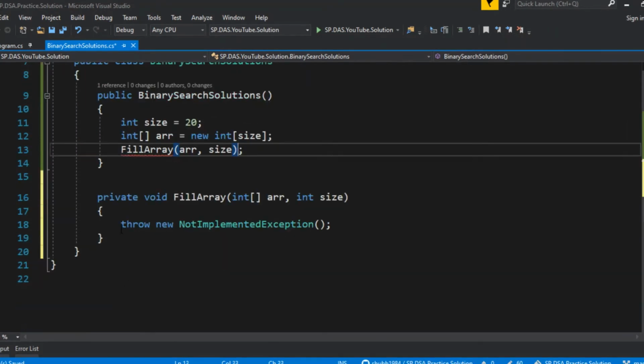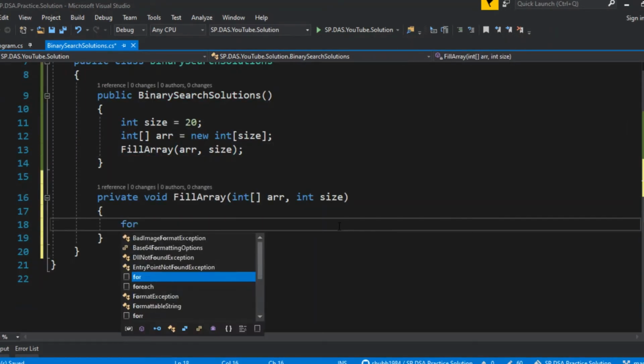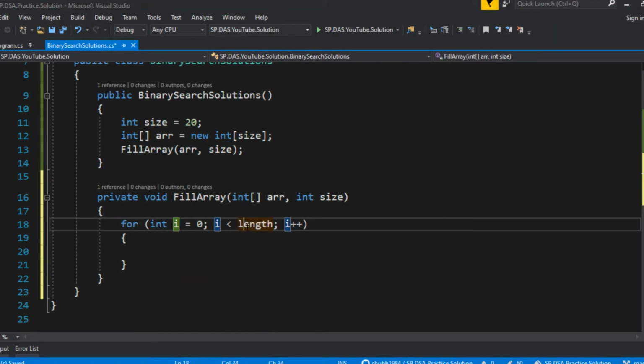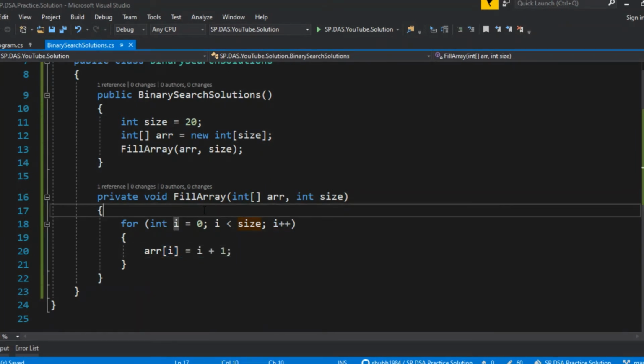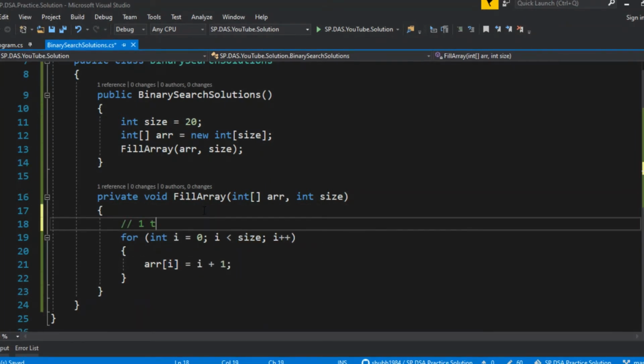I'm going to fill this array with a for loop, i less than size, and array of i equal to i plus 1. So I will fill this array from 1 to the array size.